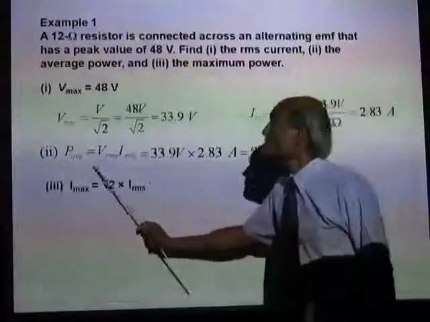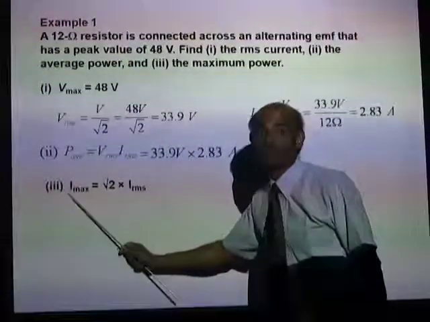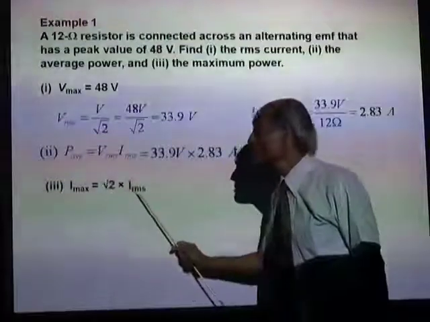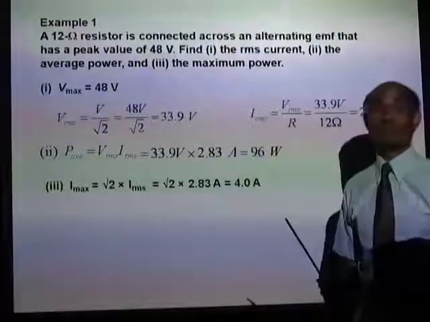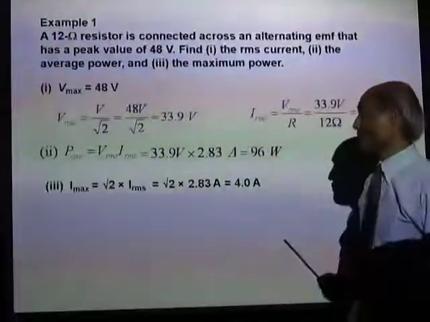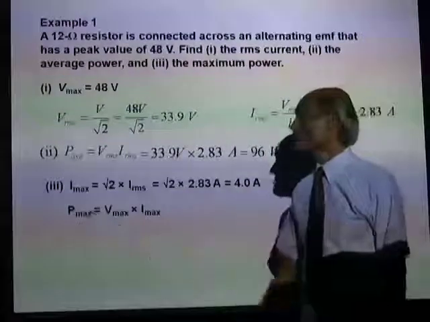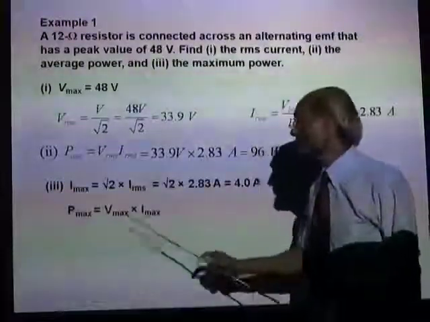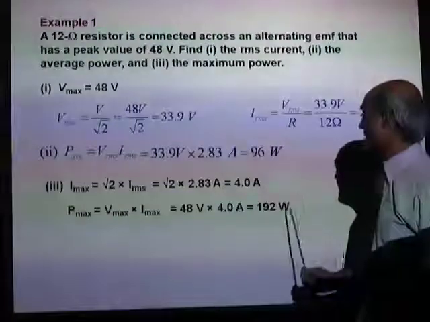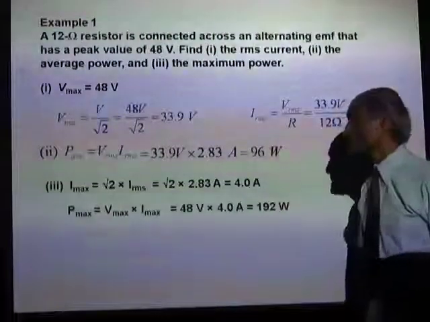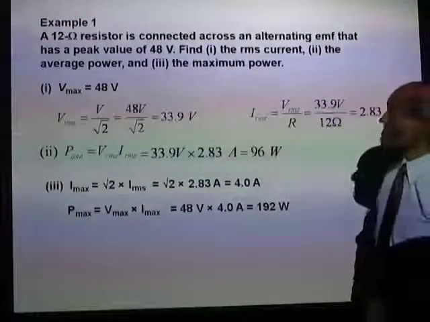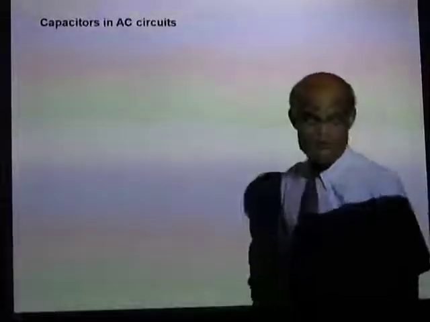And in order to find Imax, well, Imax is square root 2 times Irms, and that will be 4 ampere. Therefore, maximum power is Vmax times Imax, that is 192 watts. Alright, let's now talk about